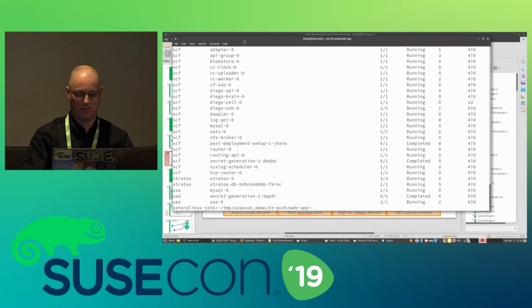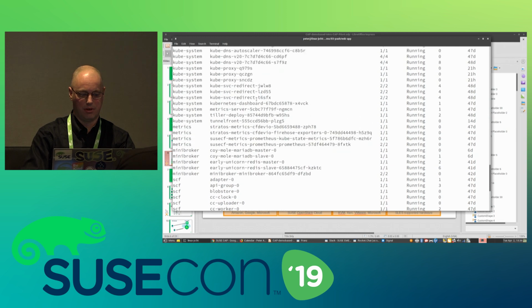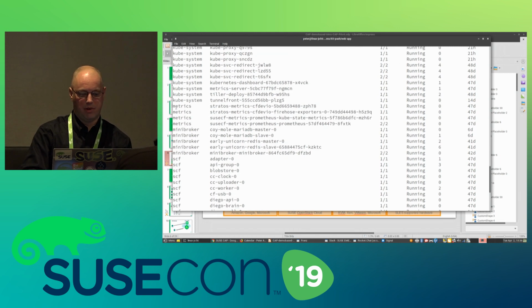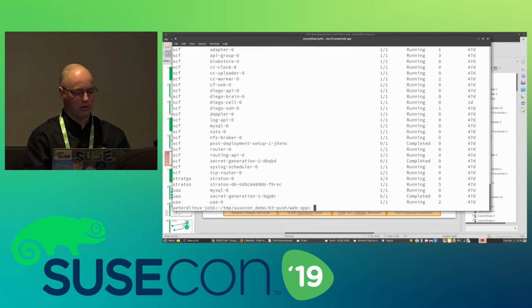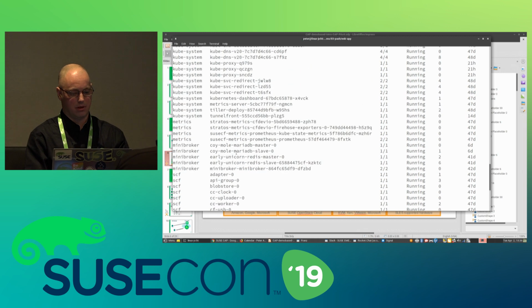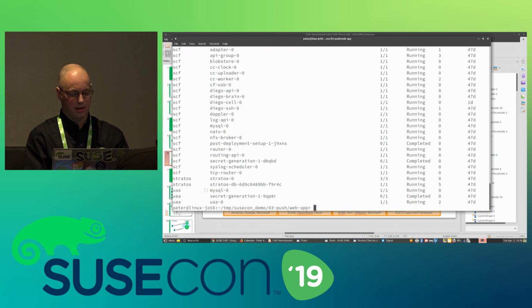So this is good, yeah. As you can see, there are a lot of pods running. So kube-system, that's part of Kubernetes. Kubernetes metrics is something I installed. That's something that SUSE provides to the community. That is how you can measure and see what it contains, and it's using Stratos as its framework. And CF, that's actually Cloud Foundry, which has a couple of pods in here, and the user authentication and authorization.